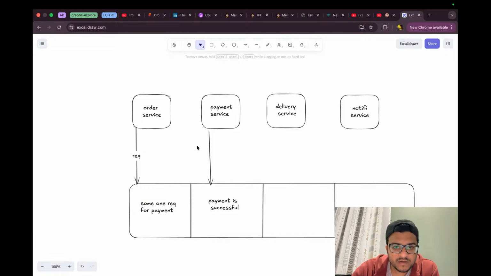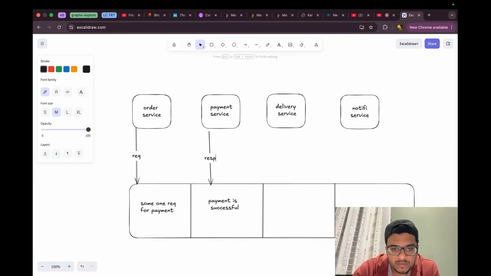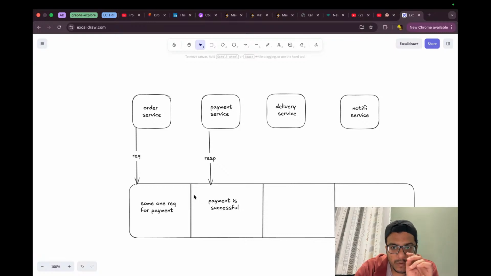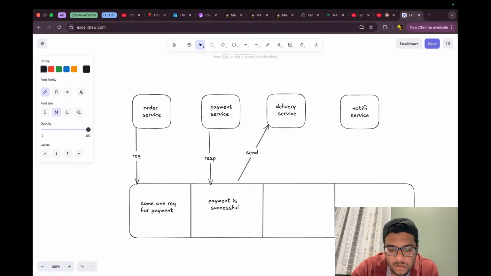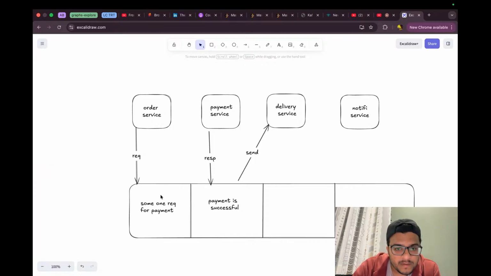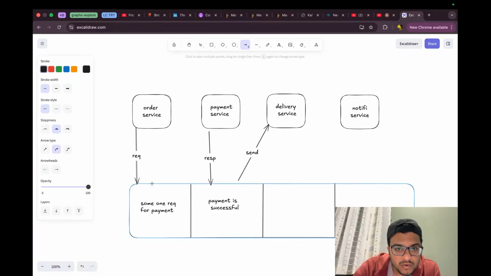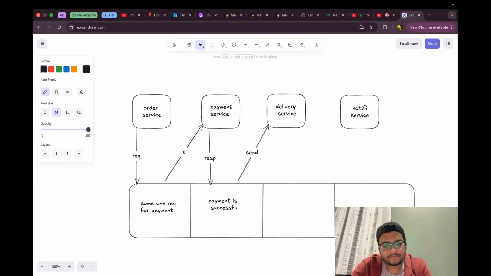Now again, the order service will get the response and get to know, okay, now that the payment is successful, it should be sent to the delivery service. When some payment comes, this also should route to this, right? Send. When the delivery service receives that payment is successful,